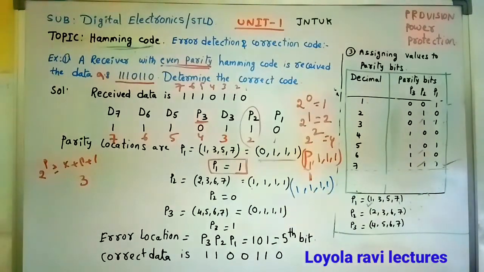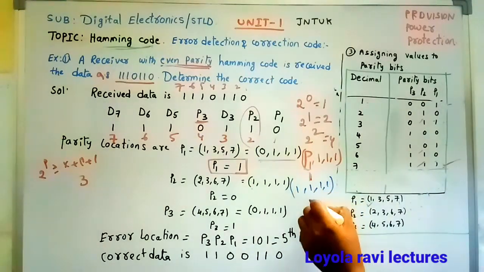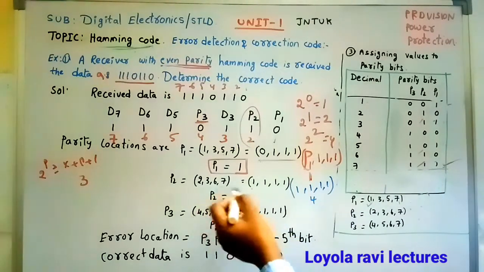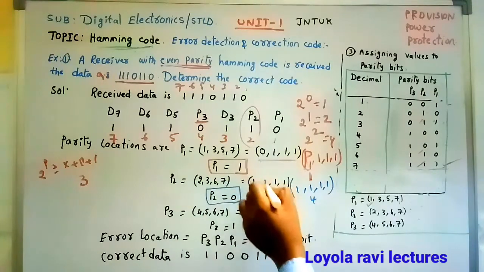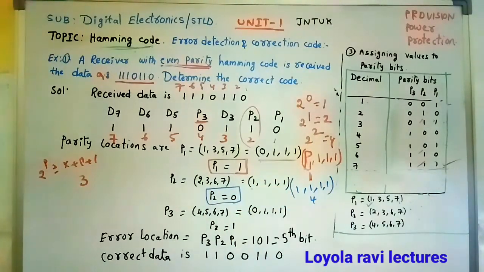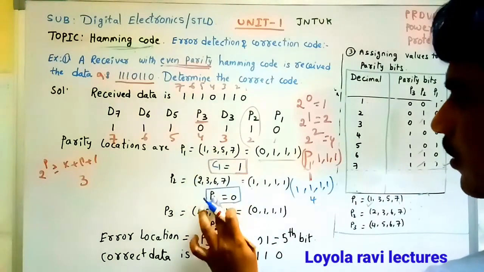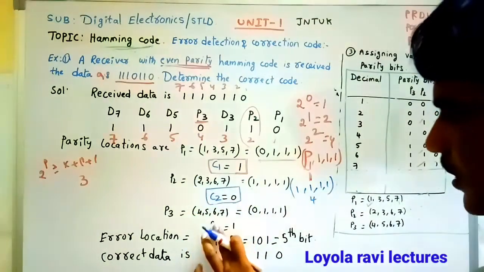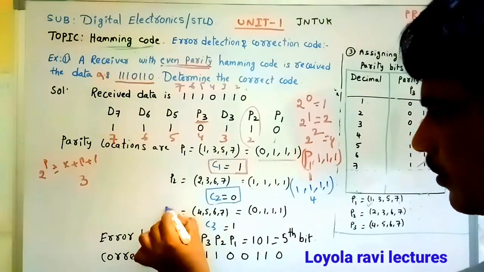This is 1. So if you are using the even parity method, the number of parity bits is 4, even parity. So this P2 bit should be 0, this P2 should be 0 only. Otherwise you may take these as C1, C2, and this is C3. This is better.